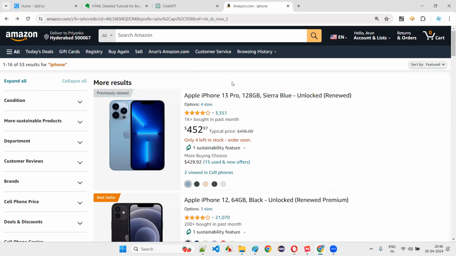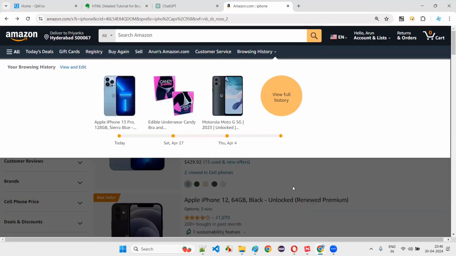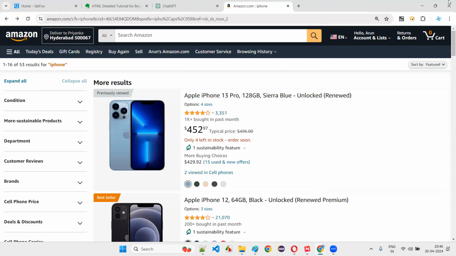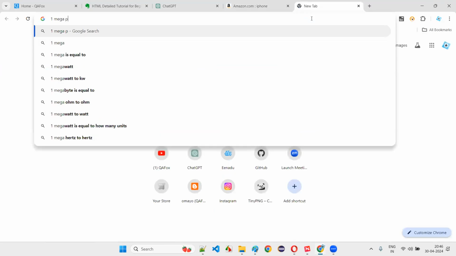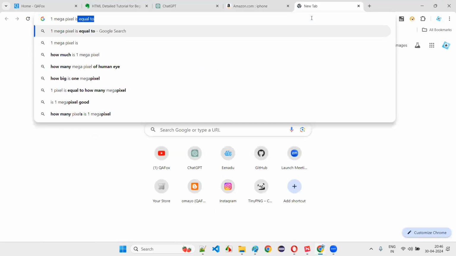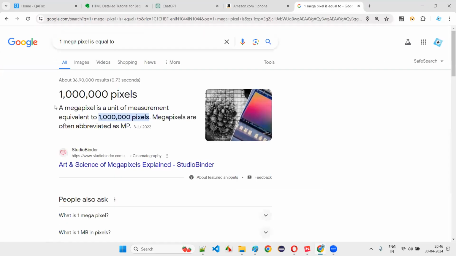Okay, so 1 megapixel is equal to 10 lakhs pixels. 1 megapixel is a unit of measurement equal to 10 lakhs pixels.